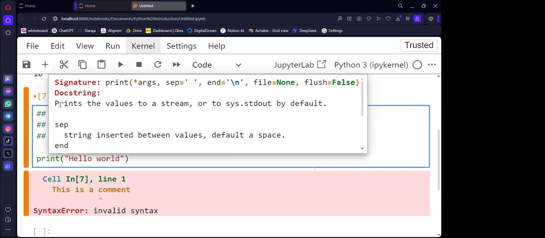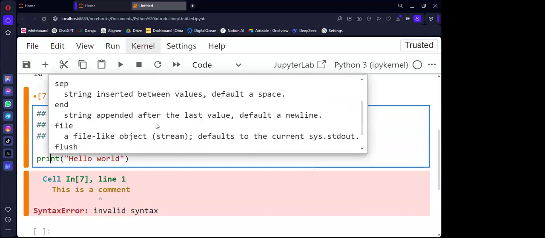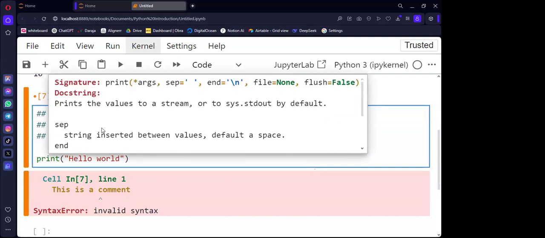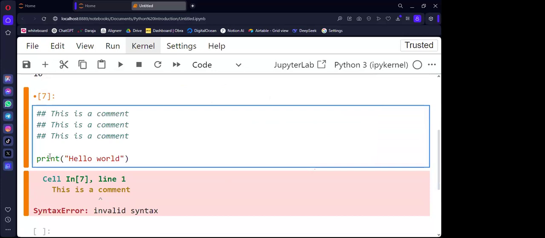And then you can see it tells you this function prints the values to a stream, and there's a lot more information about that. So this is an example of a docstring. We are going to talk about that one as well, but then you can know the significance of those comments or docstrings. And we are going to explain that also in a few. So in Python, remember a single comment